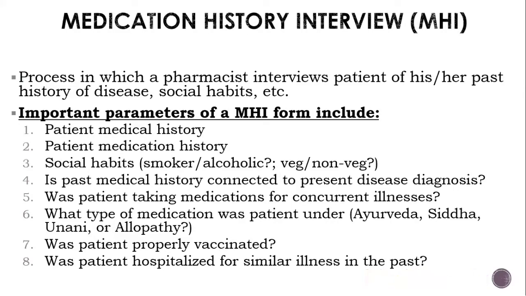If we understand the history of the patient, then we may be able to understand why the patient is suffering from this condition. For example, a patient came to the hospital with very severe breathlessness, and the doctor diagnosed COPD, chronic obstructive pulmonary disease. The patient is a chain smoker also. When we looked into the history of the patient, we came to know that the patient had a history of tuberculosis also. And if you search online or search for articles, tuberculosis has a very good connection with COPD because